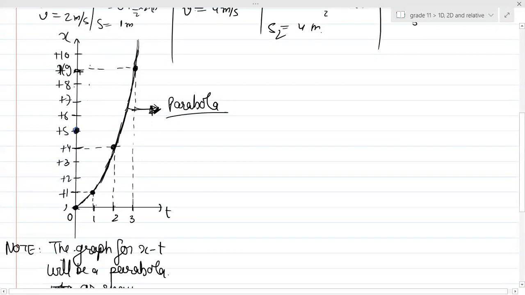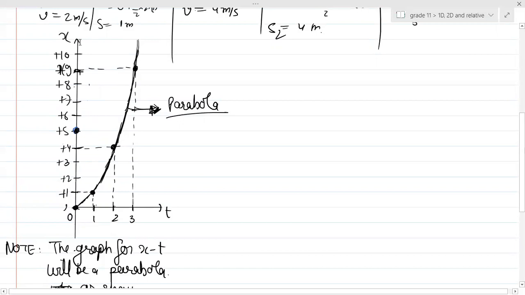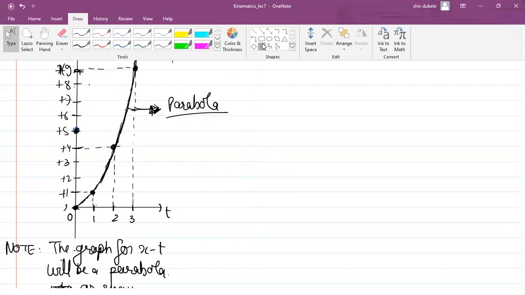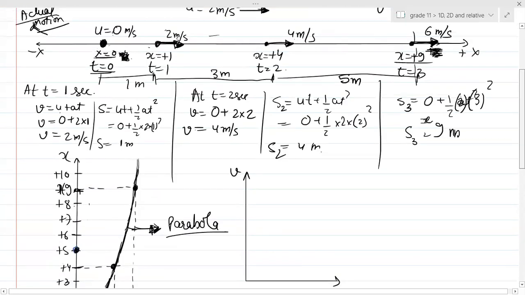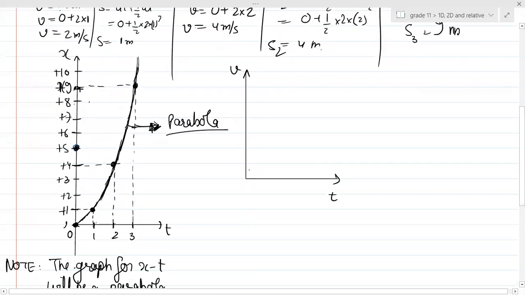Now shall we draw a VT graph? Guys, shall we draw a VT graph? Yes, sir. Although I don't require this much big line, so it's fine. Can anyone tell me what was the velocity at t equals to 0? Can you see from the graph? At t equals to 0, the velocity was 0. Hence the graph will start from origin.